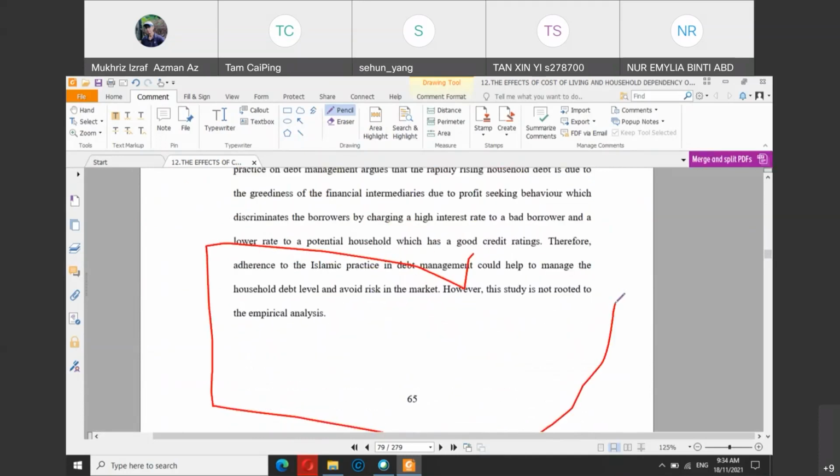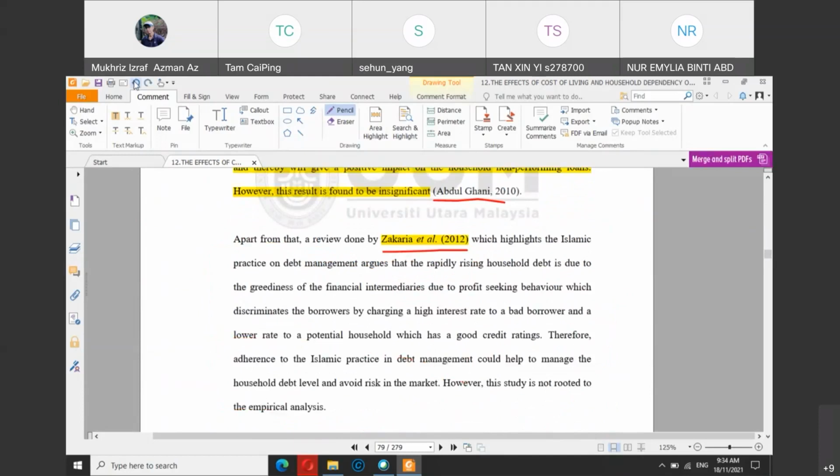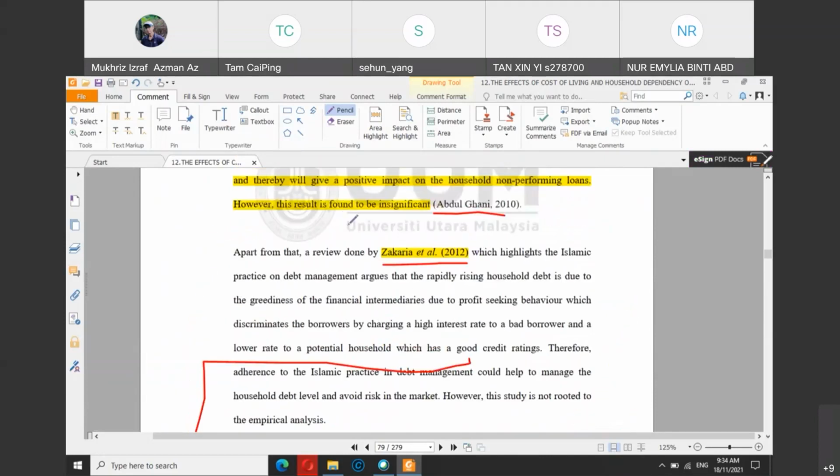I mean, of course, many students do that. I also sometimes do that, in the sense that, not copy and paste. What she wrote here is what she understood from what Zakaria mentioned in Zakaria's paper. So you need to open the original paper and see what the original text says, because this is only what she understood.